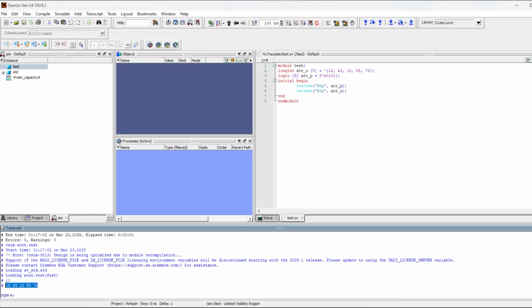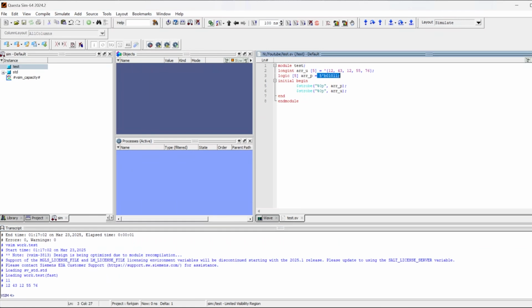So this is how you declare or initialize values to an unpacked array, and this is how you declare or initialize values to a packed array. Other than this, a packed array supports all kinds of arithmetic operations directly assigned to it. So we could have done, let's say, in the next time slot,